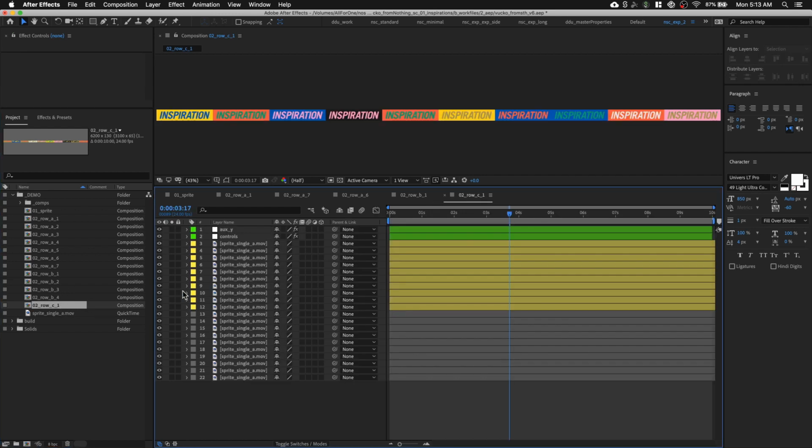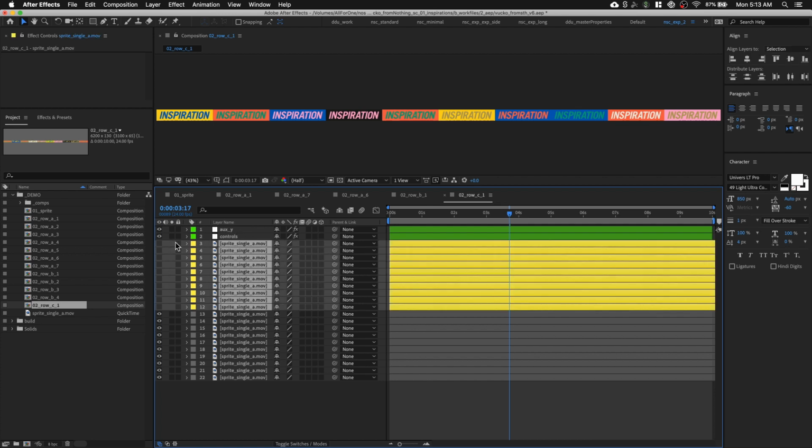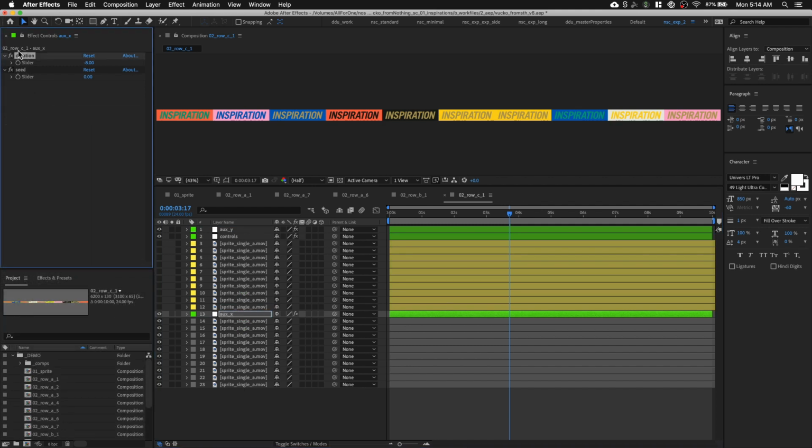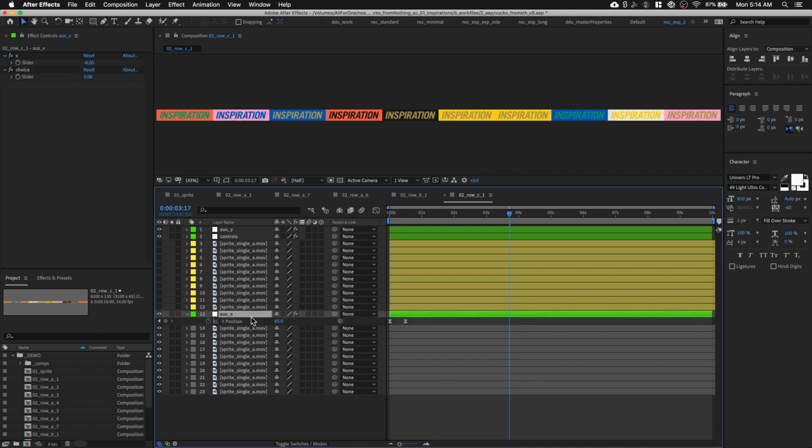This one will involve the text box sliding open to reveal another one. We can still keep aux_y, we're just going to hide it for now, because we don't want to see it. We're going to create another one called aux_x, put it somewhere here, and rename it to aux_x. We can rename the slider controls for aux_x from duration to x, and the second one to choice. And using the same technique,